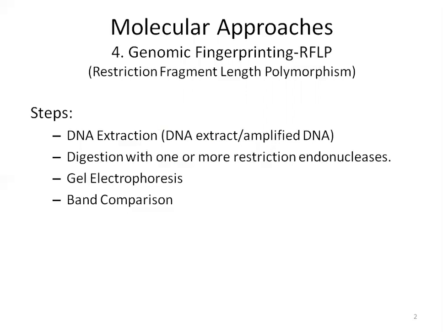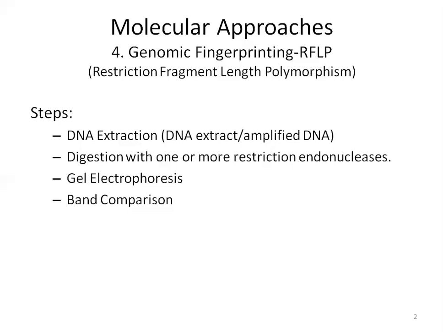In RFLP, that is restriction fragment length polymorphism, restriction endonucleases are used to recognize specific nucleotide sequences, making a pattern of DNA fragments, which is generated by the endonuclease cleavage. That is the formation of fragments by using the restriction endonuclease enzymes. So it is a direct representation of nucleotide sequence.